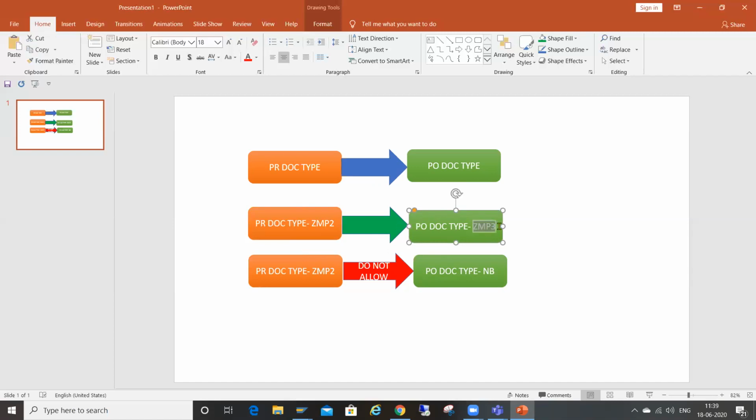Here, as an example, I'm taking ZMP3. Okay, only. If I create a PR with ZMP2, I should not be allowed to create a PO with the document type NB. System should trigger error in this case.